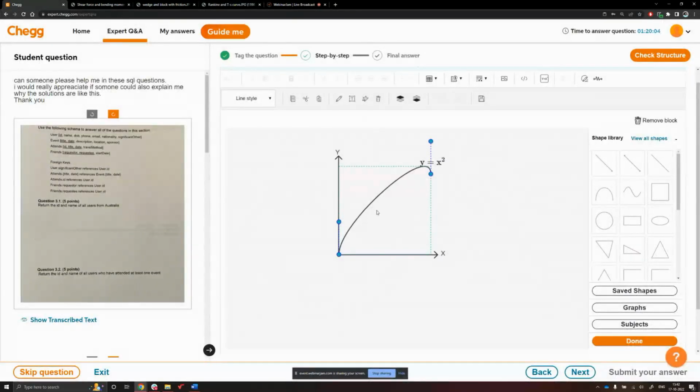To do that, you have to use the dots at the top. First bring this down. These are not like the tangents to the curve. Bring this down like this so that the curve at the bottom will look like this, and this you bring it down and move it inside a little bit. These dashed lines are nothing but the tangents to the curve. You have to adjust the tangents in a way so that the shape of the curve changes. So this is how you draw the y equal to x square graph.